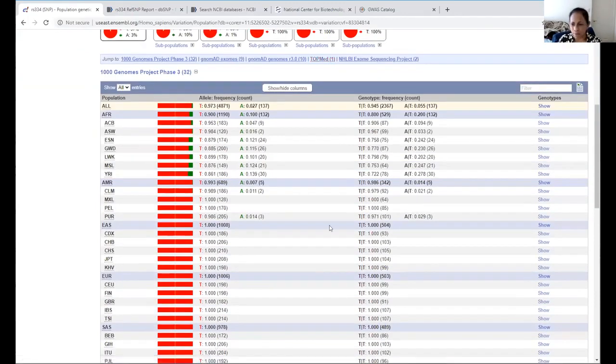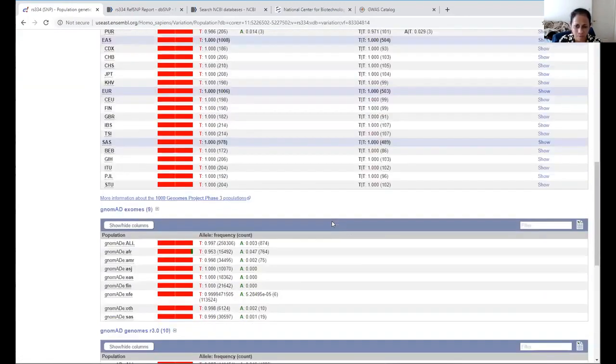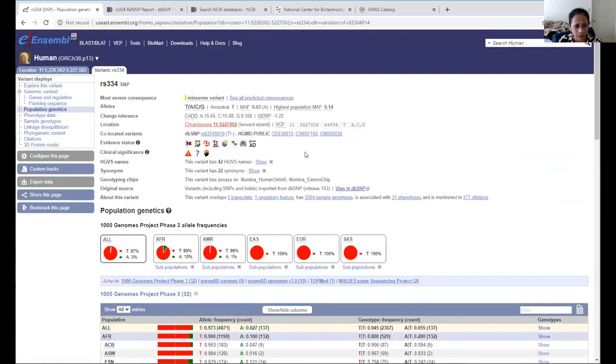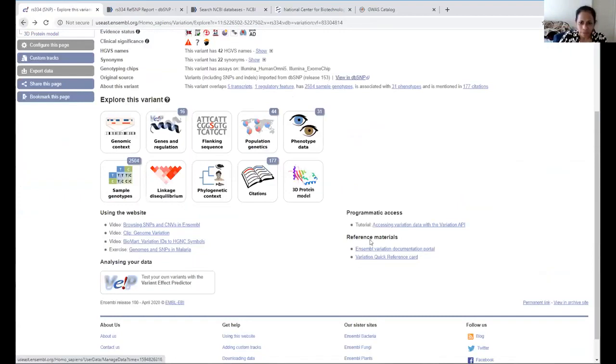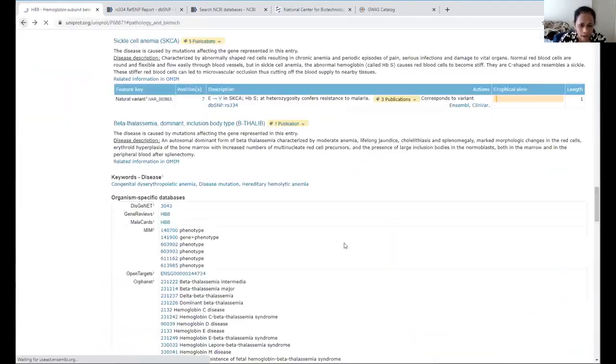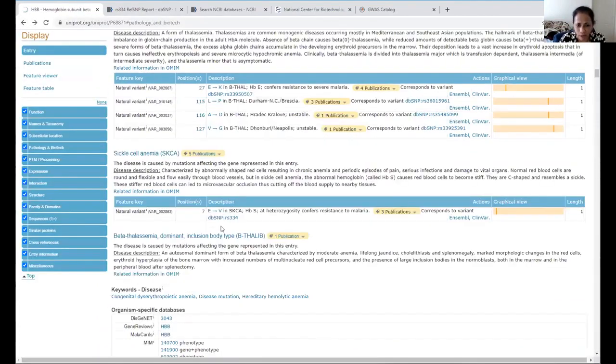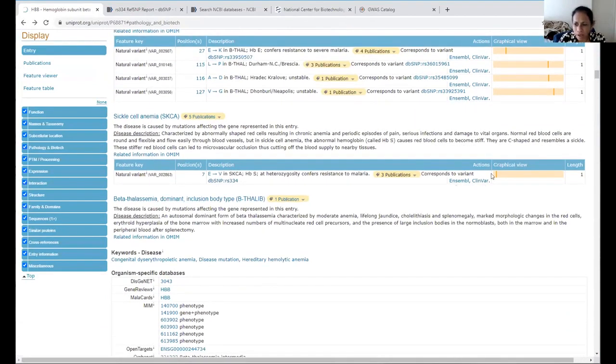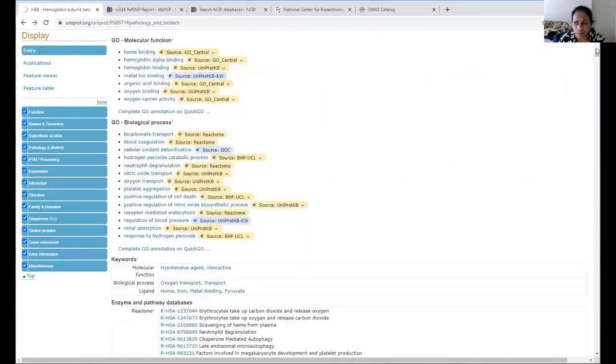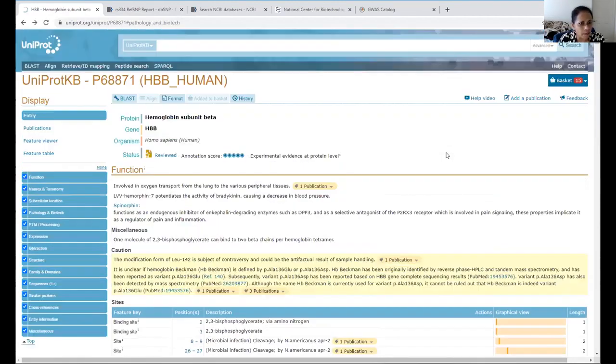Of course, there are lots of different resources and frequency tables and all that. I don't want to go there because we might confuse you. I was just anxiously waiting to show you this resource, because this is actually very, very good. Now I am going to get back to UniProt. So we went through the dbSNP database, we went to Ensembl, we just went to ClinVar, and what else? Now I'm going to switch gears. I'm on sickle cell, but